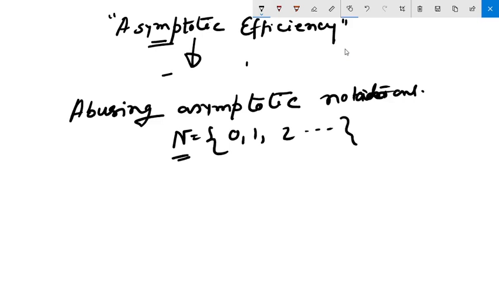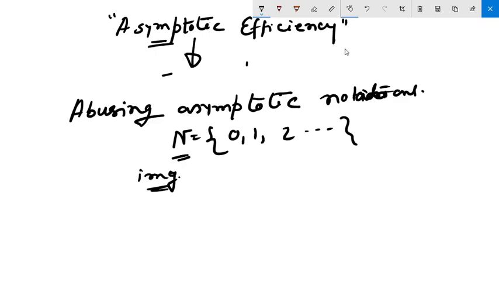If you ask, sir, is it applicable for imaginary numbers? No, it is not applicable. For example, the notation is easily extended to the domain of real numbers, as I have just said, but restricted to the subset of natural numbers. That is the range of the asymptotic notations definition, and we cannot go beyond that. If you come with imaginary numbers, then definitely there is a chance of abusing.